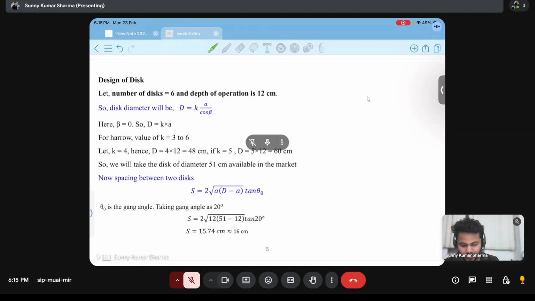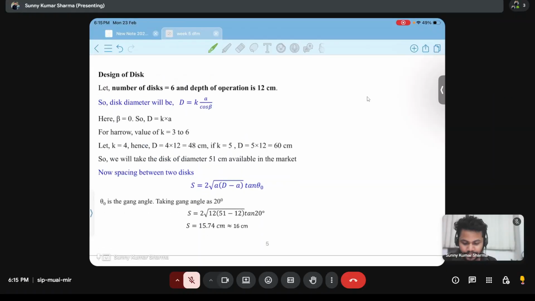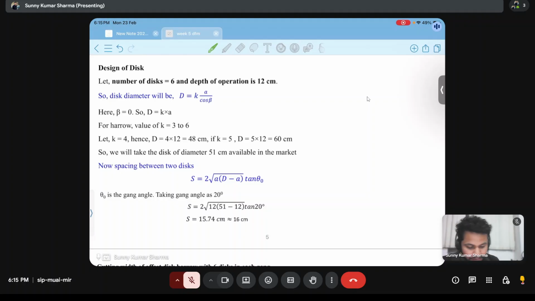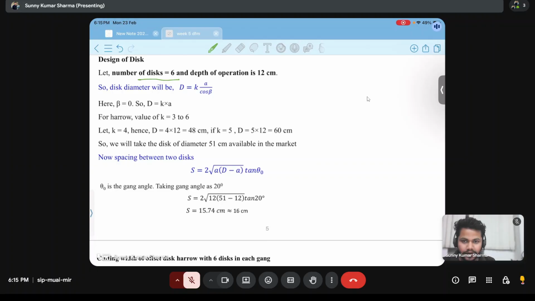Okay, then we will proceed with the lecture. For designing this disc harrow, the front gang is powered and the rear gang is unpowered. There are six discs. If you have followed the lecture, we have already discussed